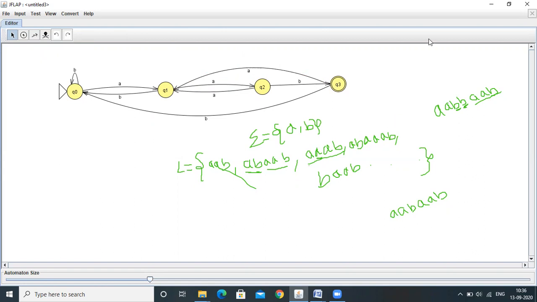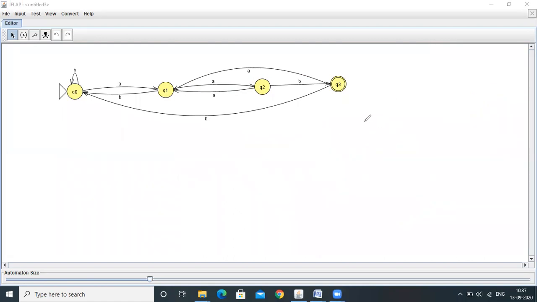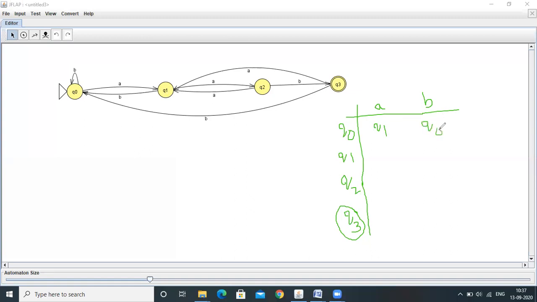Let's write down the transition table. Here Q0, Q1, Q2, Q3 are the states. A and B are the input symbols. Q0 on A moves to the Q1 state. Q0 on B resides within the same state.